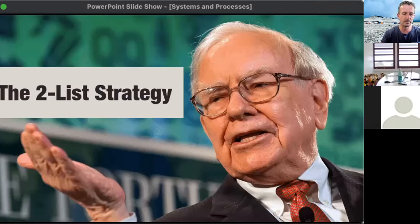Just on that bit about do and not do, I'll share a very quick story from Warren Buffett. It turns out this story isn't actually true. I really wanted to believe it was true. But anyway, it circulated around on the internet for a long time. And it was a conversation between Warren Buffett and his pilot. So even though it's not true, it's still a really awesome example. And basically, Buffett said to his pilot,